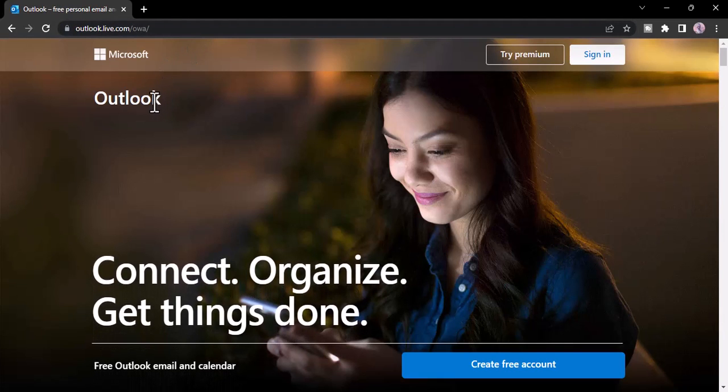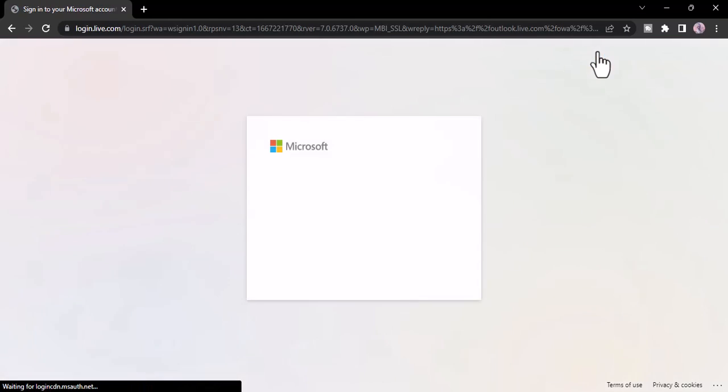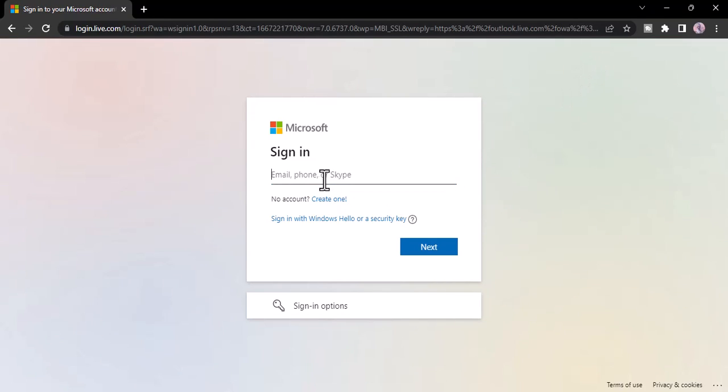Now, even if you type hotmail.com, it will still take you to Outlook as Hotmail is currently owned by Microsoft, and if you want to create a Hotmail account, you'll have to create it through Outlook. So once you're on this page, you'll have to click on the option sign in. After that, it will take you to this page where you'll have to click on the option create one,